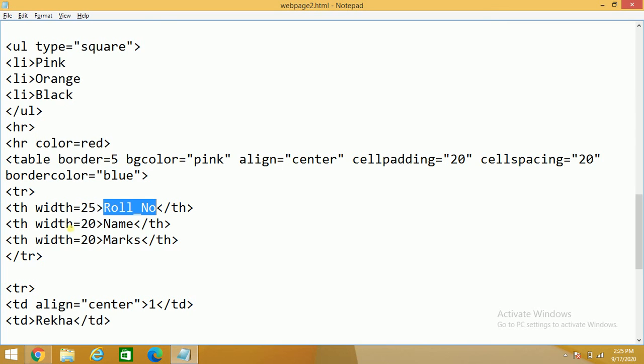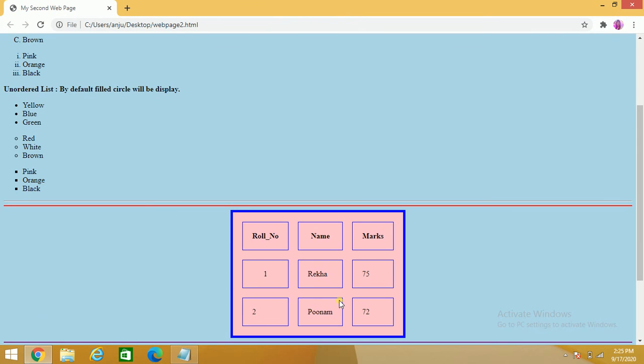Then the next one is TH width 20. This is for my second table heading. The second table heading is name, then TH close. Third is my TH, again the width I have given 20, and the heading name is marks. Why have I written TH? I will show you practically.